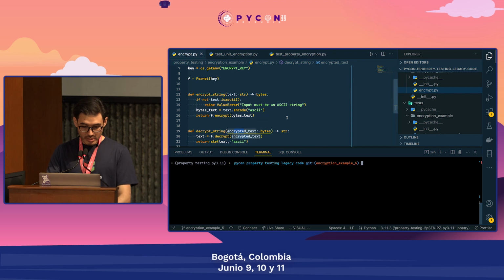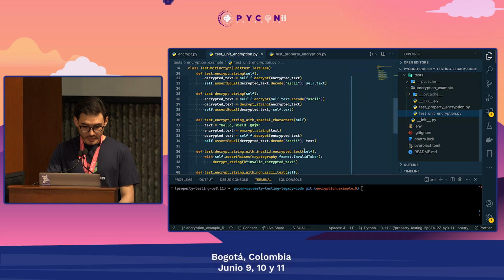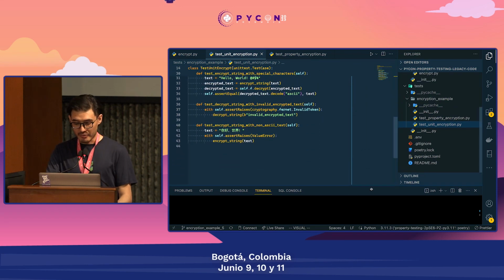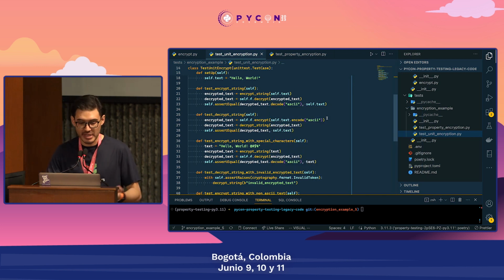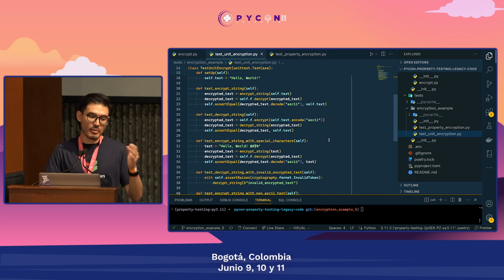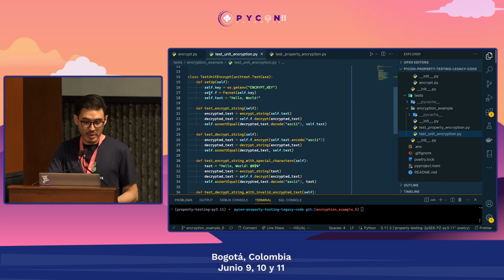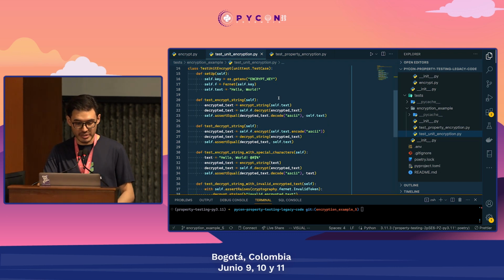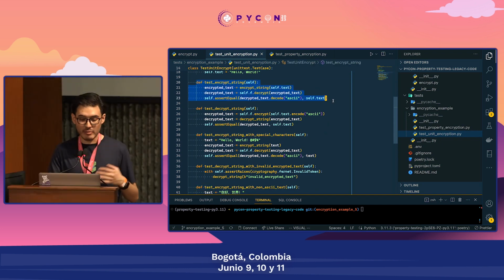Let me see, what do we have here? Okay, before doing our refactor, we're checking the unit encryption test that we had previously. I have also updated it a little bit to double check that it covers the properties our test already implemented. As you can see, this is straightforward. We are just doing some setup. In the other test, you see that we don't have to do this kind of scaffolding. Also, we are doing the same encryption, so we are asserting the same round trip